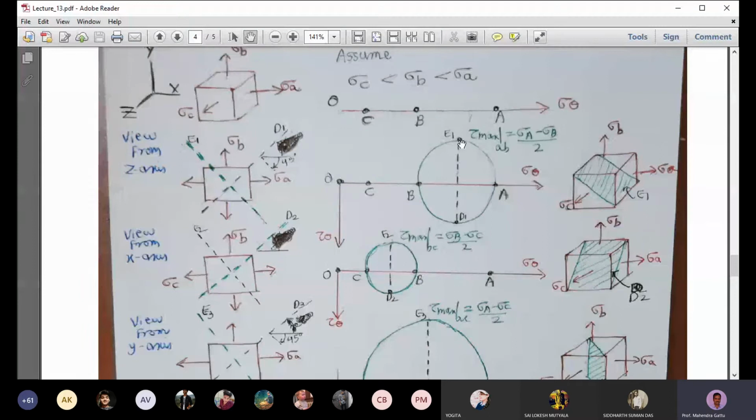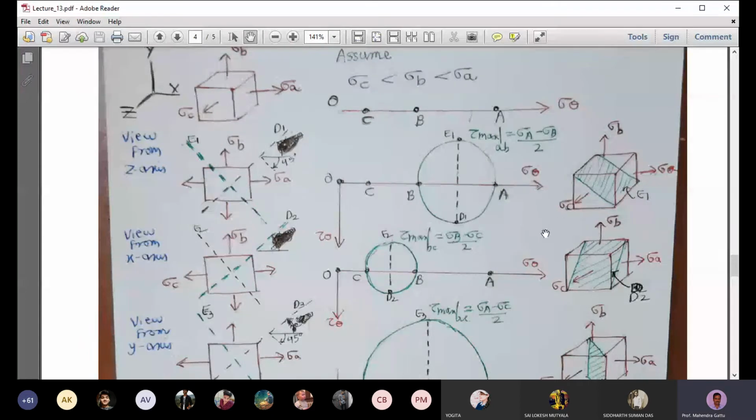And we can locate the planes corresponding to the maximum shear stress. So the planes corresponding to the maximum shear stress make an angle of 45 degrees with the principal plane. Here the principal planes are these two, the vertical plane and the horizontal plane, and you can identify two planes which make an angle of 45 degrees. So here what is shown is